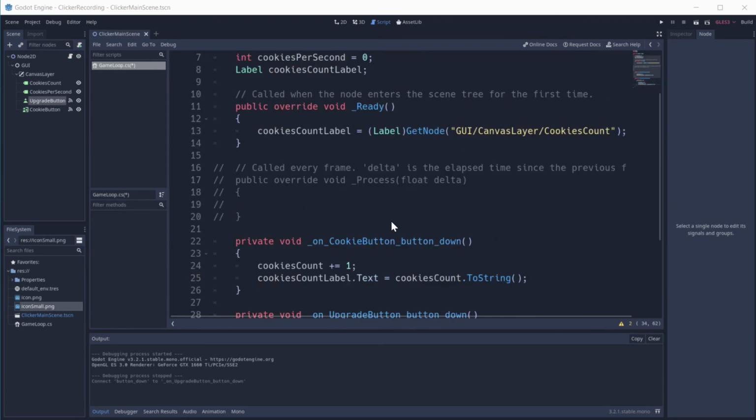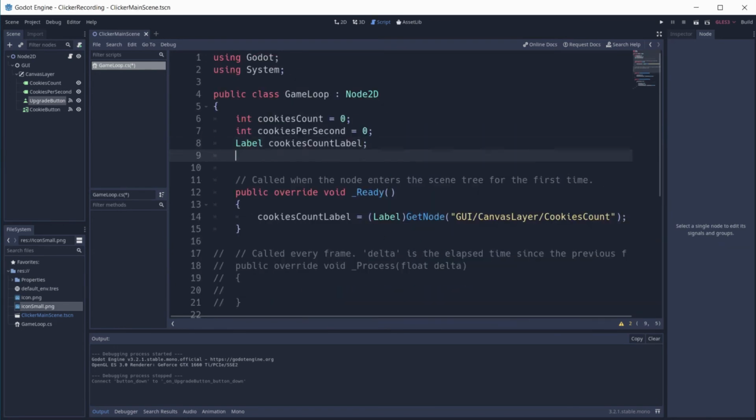Now we want to update the label with the cookies per second. For that, store the reference to the label into the variable, same as we did with total cookie count.